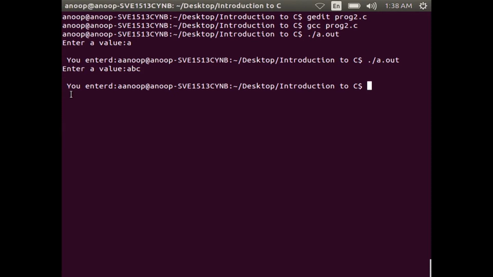Now, you can see the output as you entered A. Here the sequence of characters ABC will not be printed, because putchar will only print the first character. Now, suppose you again run this program and enter 214 as input, then again the output will be 2. As in the previous case, putchar only prints the first character of 214, that is 2.